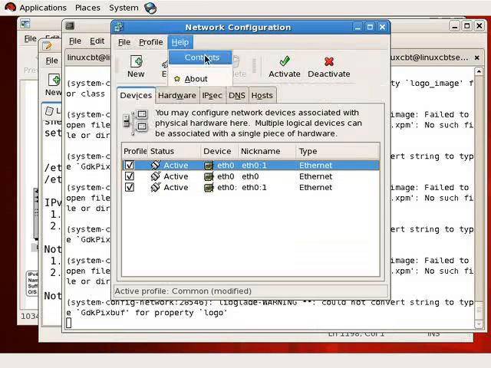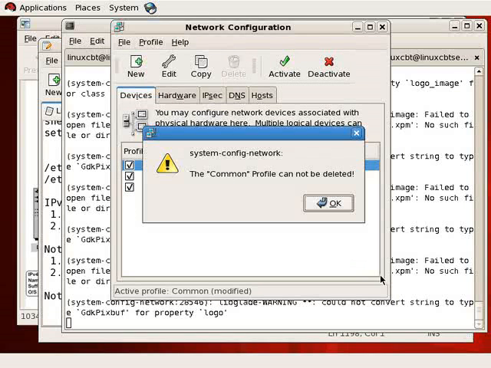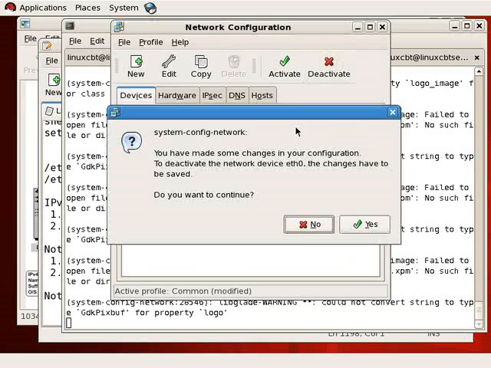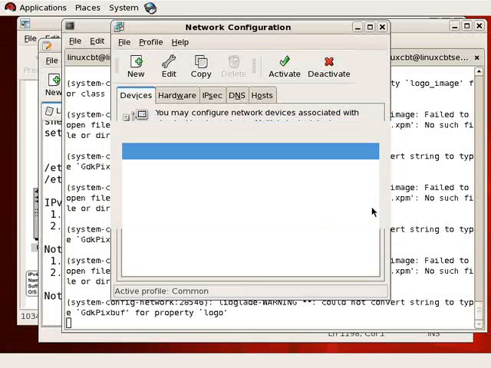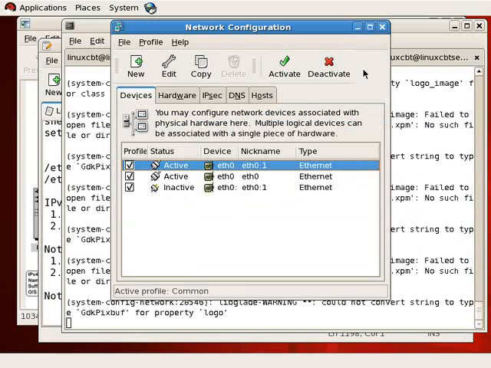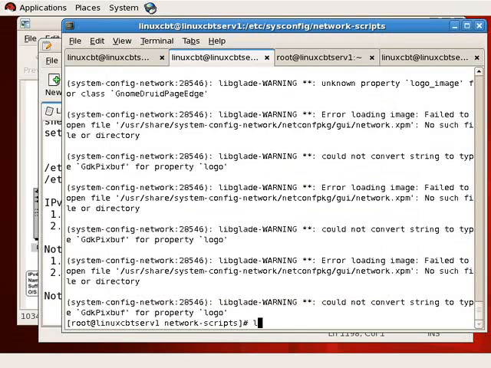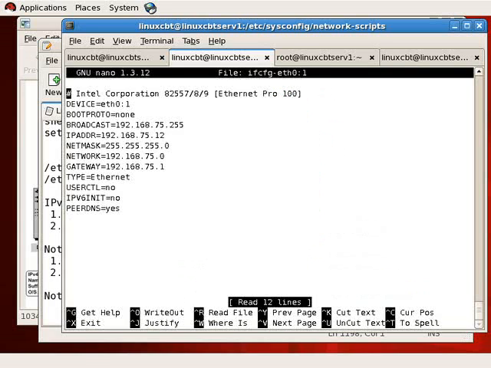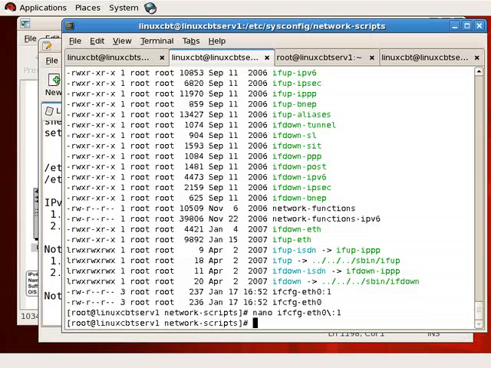By default, the GUI attempts to use the next logical device. So if we click on apply, it will make a new device, eth0:1, which conflicts with our previous device. So now you need to determine which one's legit and up it or down it. Let's remove our old device. We'll just get rid of it altogether. And as for the profile, we don't want to delete the whole profile. We'll get rid of eth0:1, the old one that we defined, close the box,